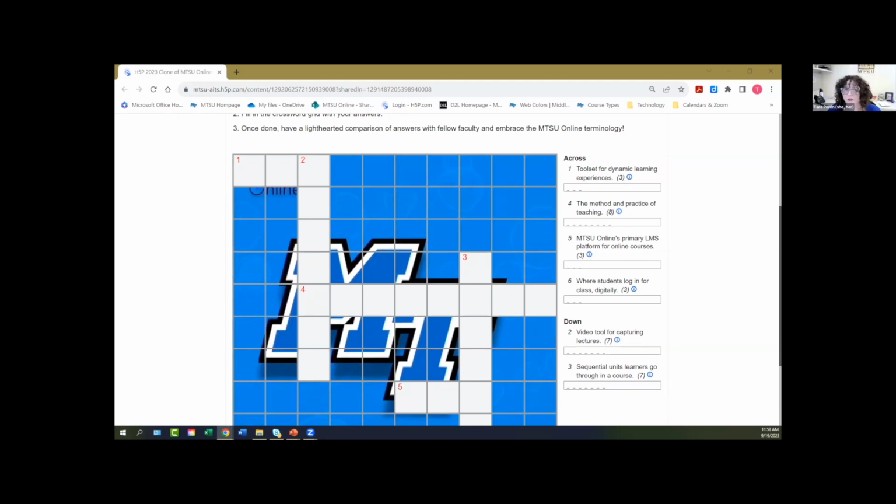To create the crossword itself doesn't take that long. Now, I don't know about the background that says MTSU Online, because again, I don't know how to do that. I'm an instructional designer, so you would have to ask Dr. O'Neill specific to that. But crosswords themselves don't typically take that long. My only caveat to crosswords from an experience standpoint is never make them more than 20 or 25 words because they can get really long. Doesn't mean you can't have a couple of crosswords or a couple different ways that students are engaging with material,